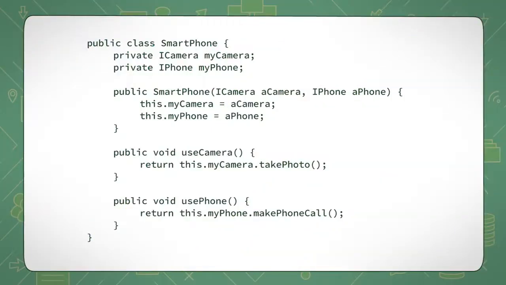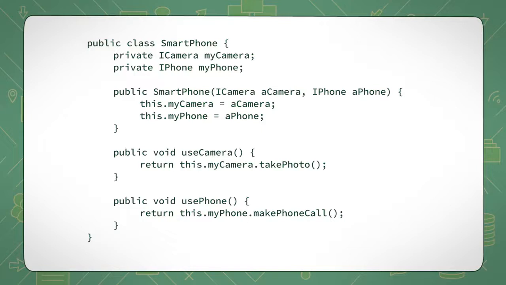Next, let's redesign the code for our smartphone class so that it refers to instances of the camera and phone classes. This allows our smartphone to provide the functions of both the camera and the phone, while keeping the functionalities of either one separate and hidden from each other. The camera and phone know nothing about the other, but are still composed by the smartphone class.